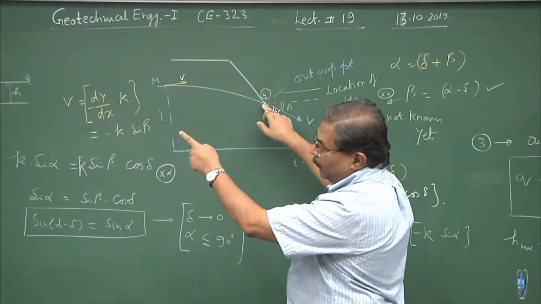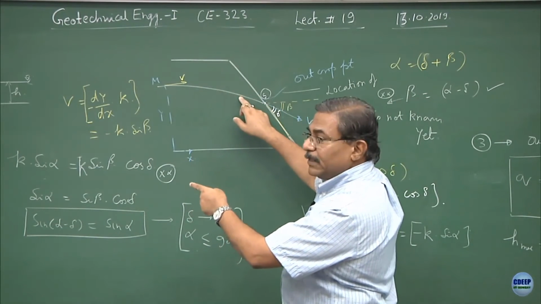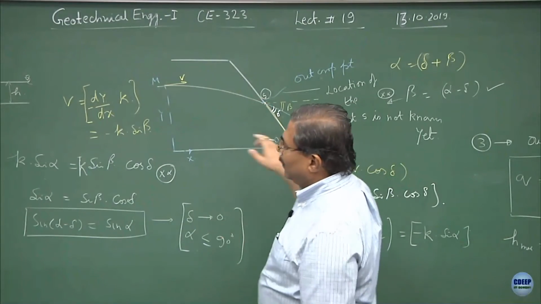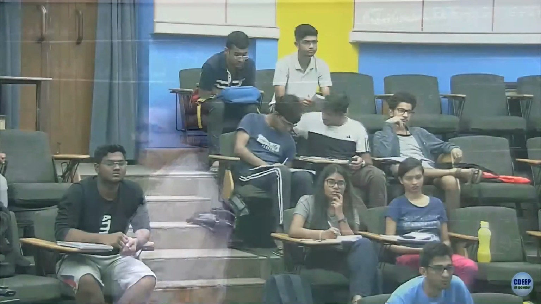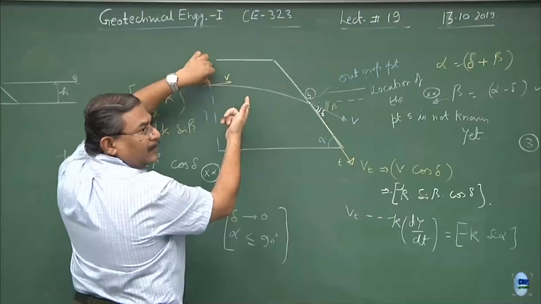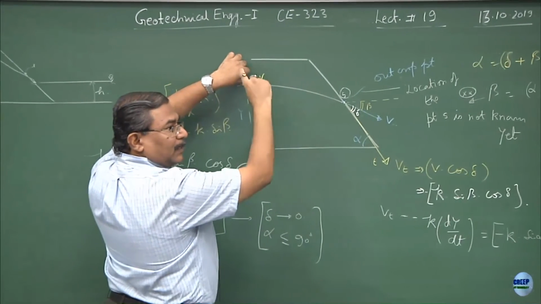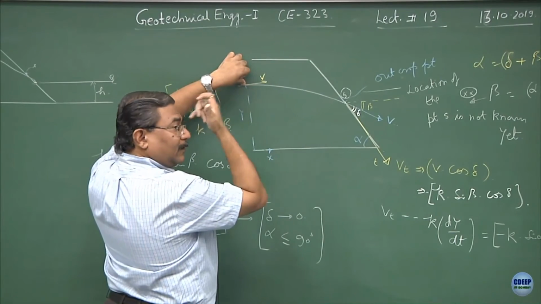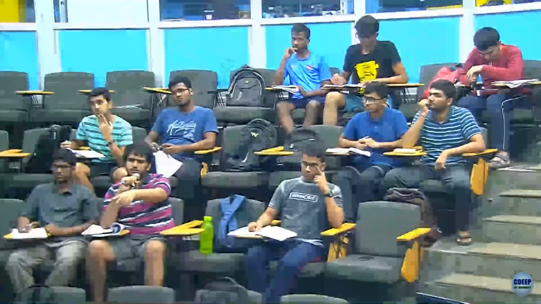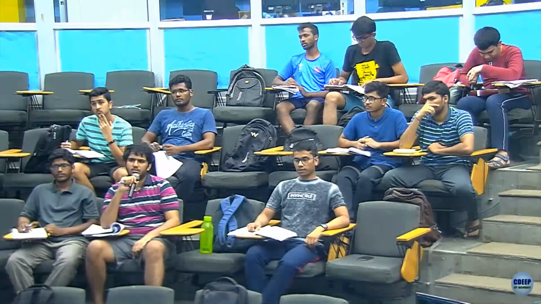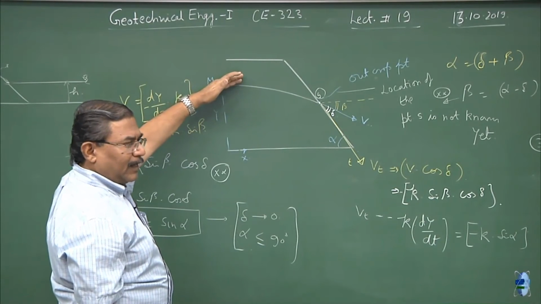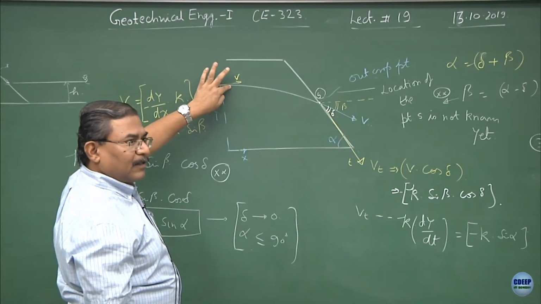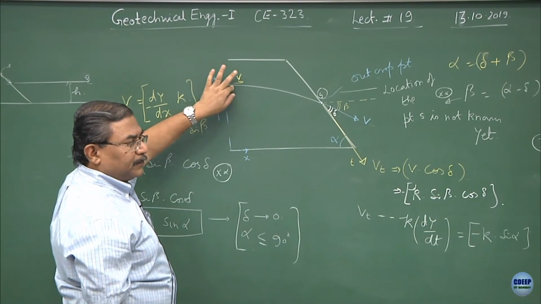So, in this case, when we were trying to find out the profile of the top surface, we have put this below the meeting with the tailwater to get a solution. The slope of this phreatic line is nothing but the hydraulic gradient. Remember Dupuit's equation? So del H upon del X is I. But it should be tan beta, and beta is not very small because alpha is generally large. The best way to define the velocity vector at this point would be k multiplied by the I value. I is nothing but the gradient of this line. But we make the approximation that tan alpha is sin alpha when alpha is very small.